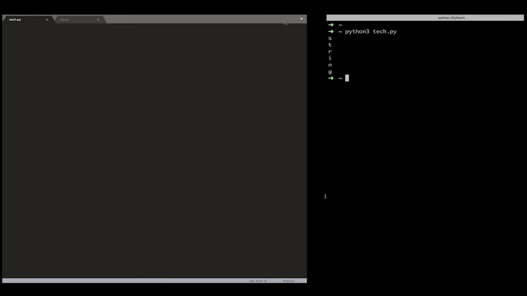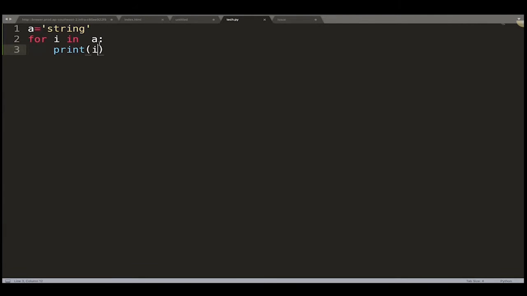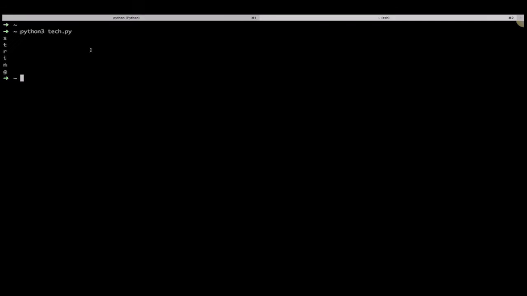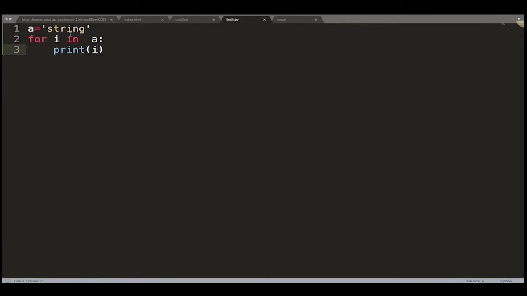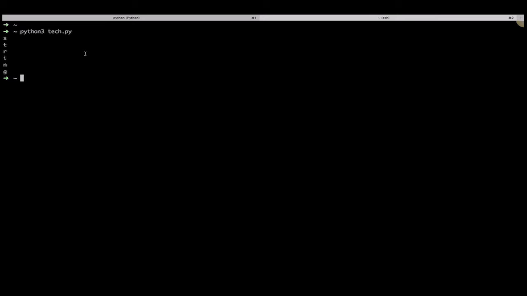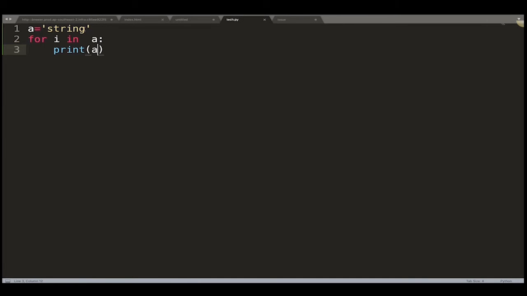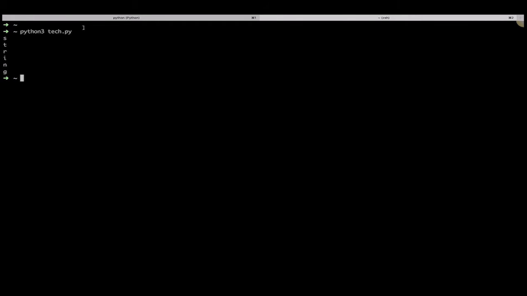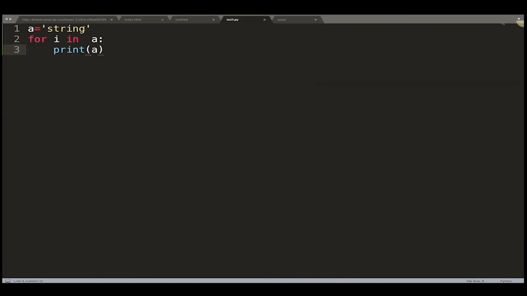So how will the code run? First it takes the string value stored in a, then first it goes to s, iterates over s and prints s, then t, then r, then i, then j. And as Kuntal said, the string will be printed 6 times because there are 6 characters: 1 2 3 4 5 6. So what exactly does a for loop do? It will run inside the loop until the condition is true. If the condition is false, it comes outside.